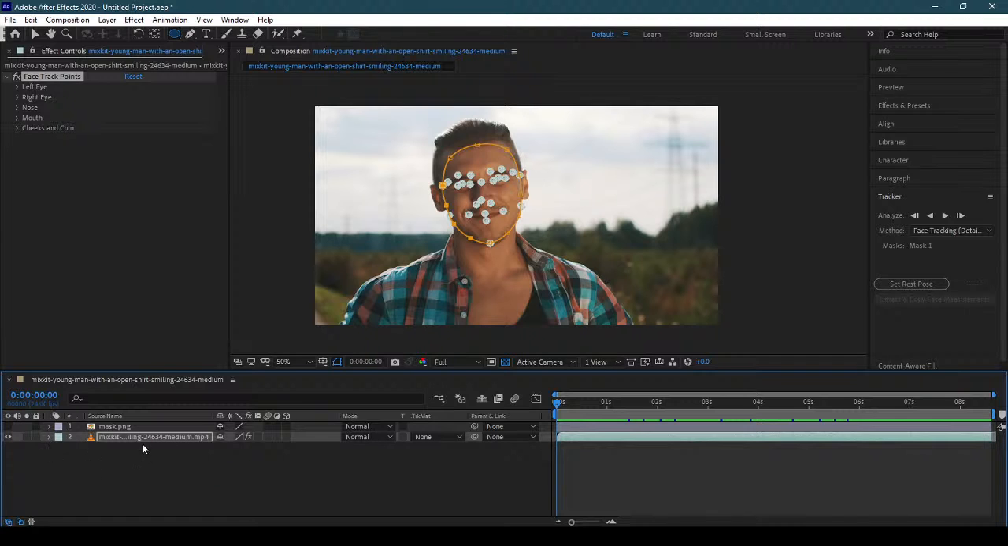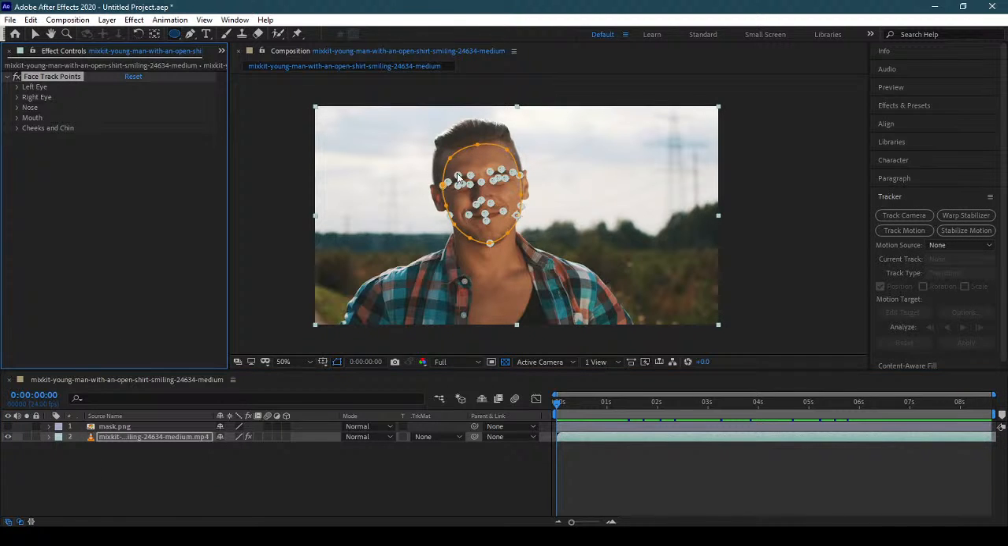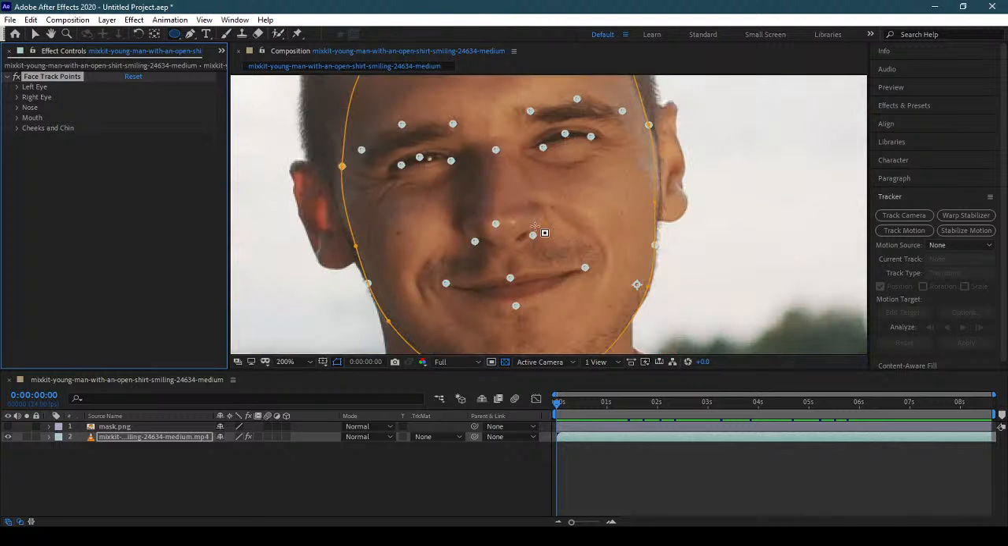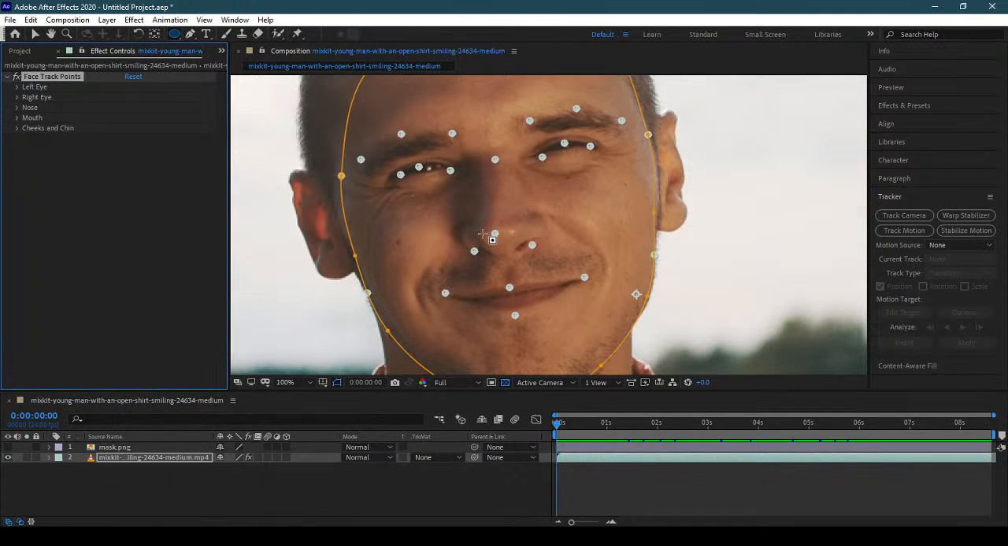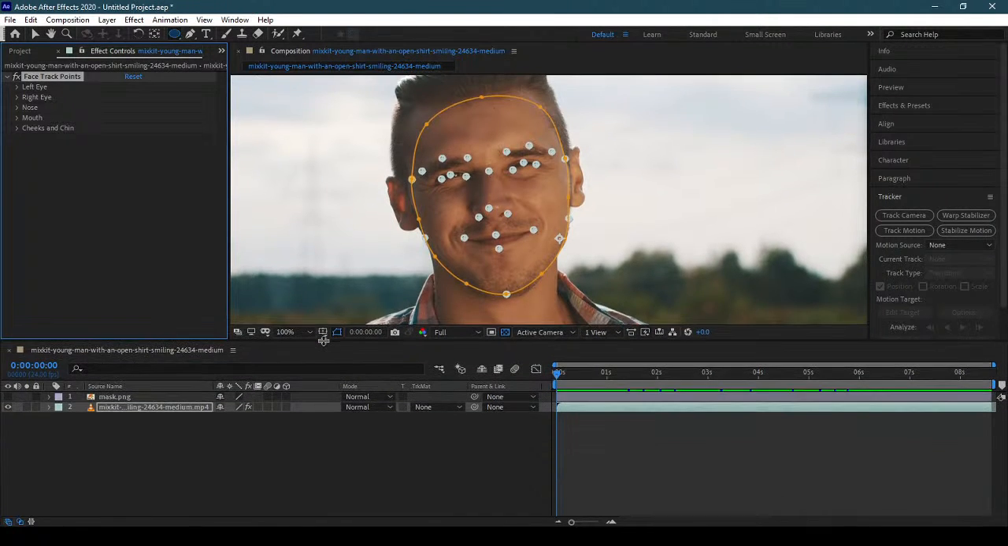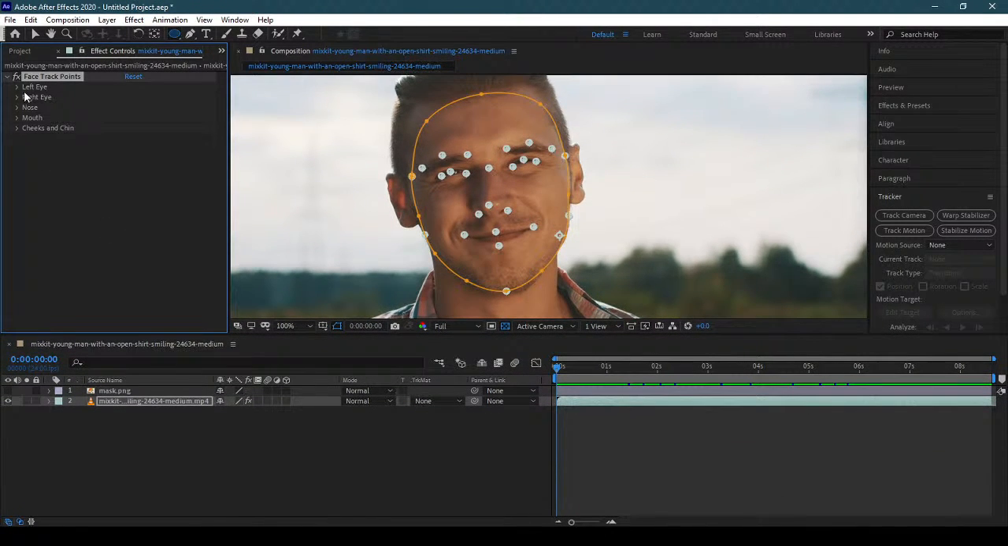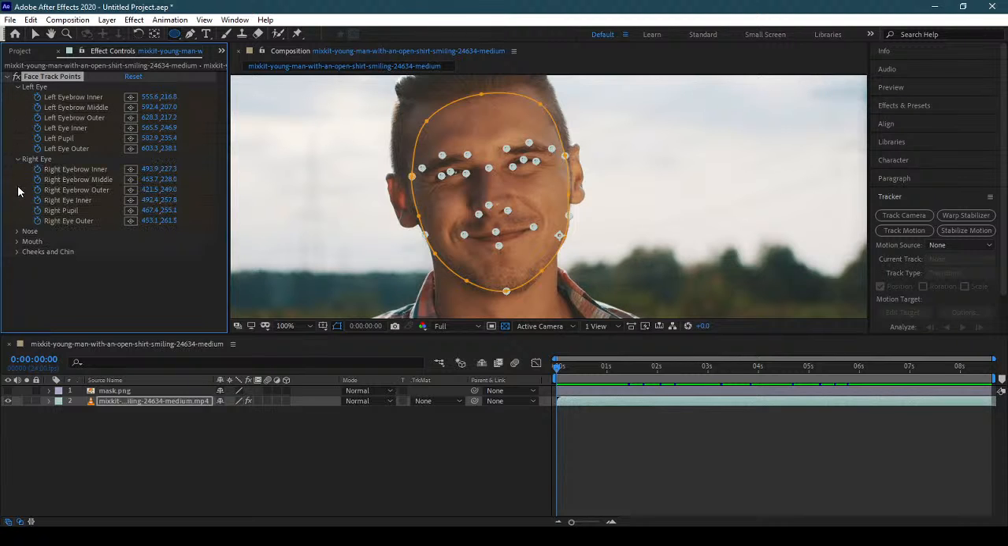Now one thing you have to see here, when I click on this face, you will notice that there are some points over here. These points are created in a special sequence. If I go back here,